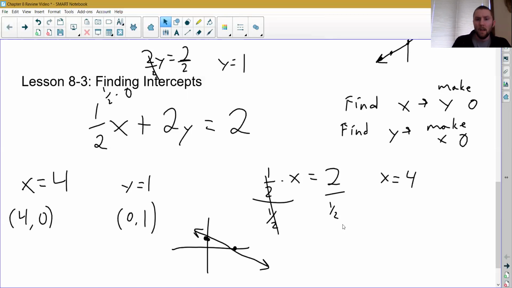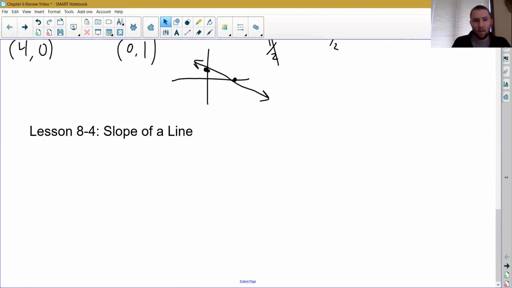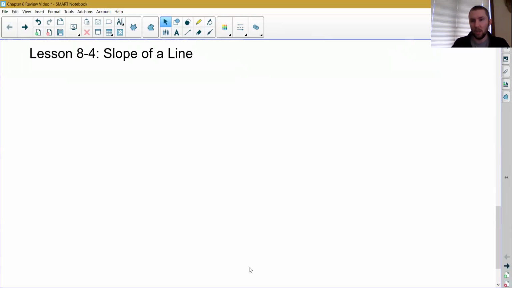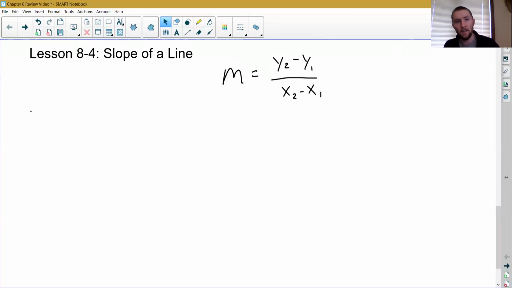Okay, and then our last section, section 8.4, we talked about the slope. Okay, and we had 2 videos on the slope. We talked about finding slope from coordinate points. Remember that slope is m, and we subtract our 2 y coordinates and subtract our 2 x coordinates, and that makes a slope fraction, right? So it comes from, you know, something like 2, 6,